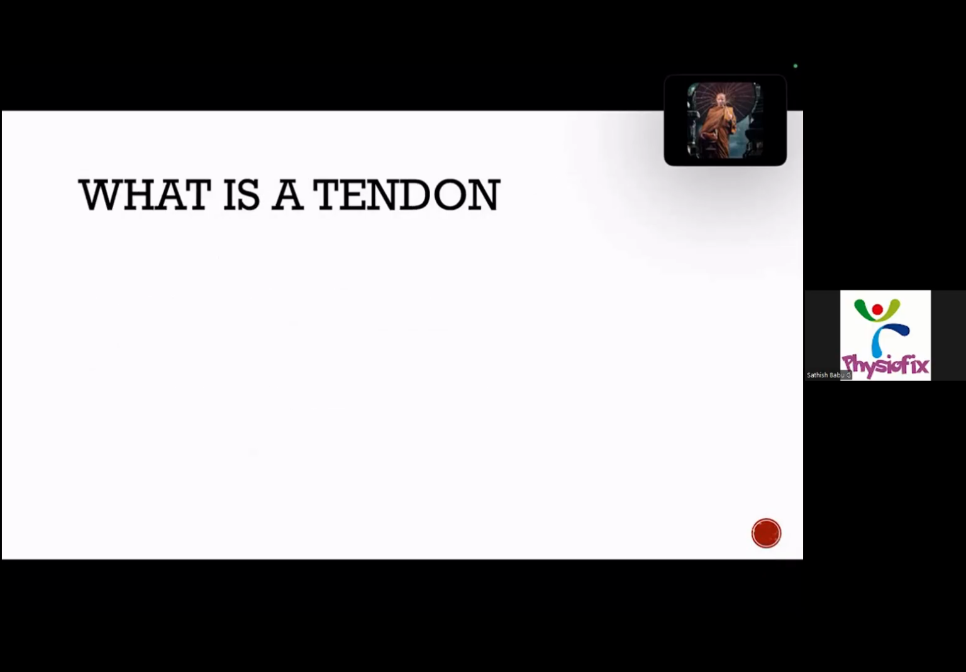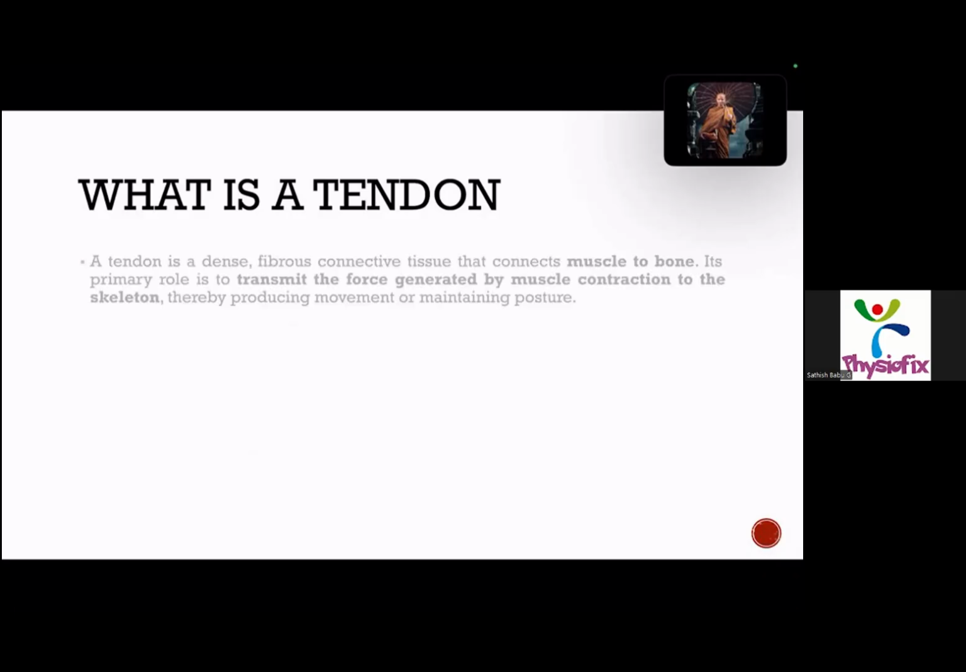So let's start with the tendon. Today we're going to start with tendon pathology, or tendonitis, or tendinopathies. So what is a tendon? A tendon is a dense fibrous connective tissue that connects muscle to bone. Its primary role is to transmit the force generated by muscle contraction to the skeleton, thereby producing movement and